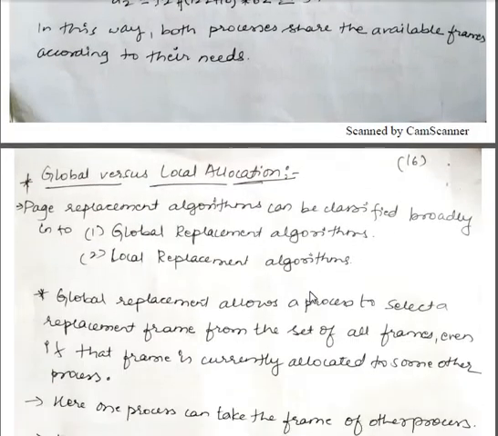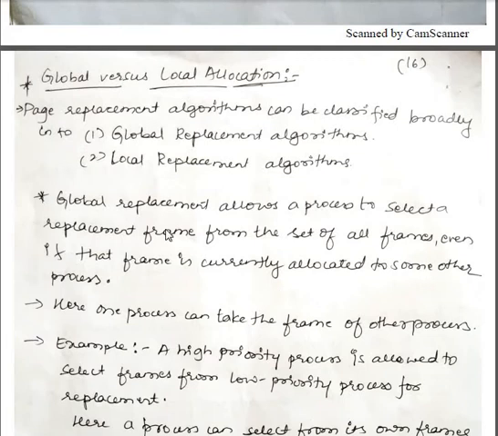So the next concept we are going to see is global and local allocation. When we are doing page replacement, we are going to select a victim. Which victim should be selected? Either it should be a global victim or a local victim. So what do you mean by a global victim? See, whenever a page is to be replaced, free frames